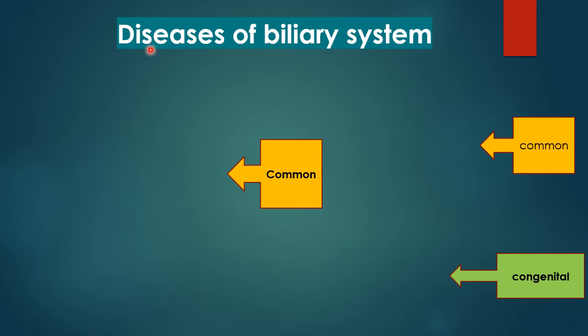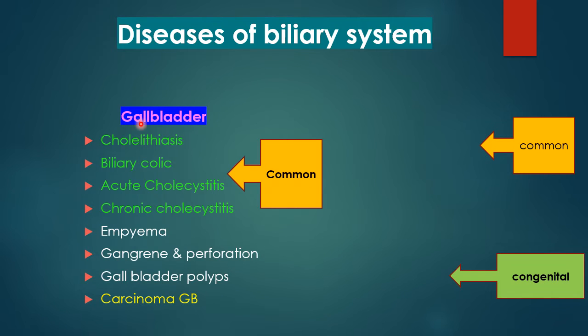Now, what are the common diseases of the biliary system? First, the common ones are related to gallbladder problems: cholelithiasis, biliary colic, acute cholecystitis, chronic cholecystitis. These are the common conditions. And these are the complications of cholecystitis: empyema, gangrene and perforation. The other diseases involve gallbladder polyps or carcinoma